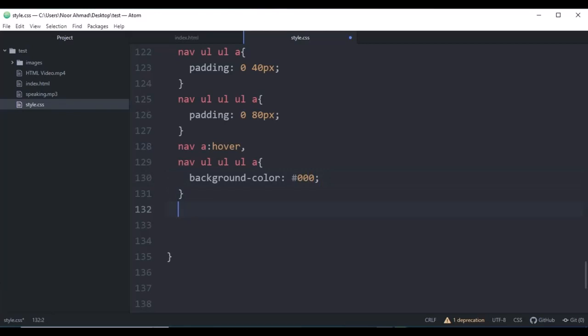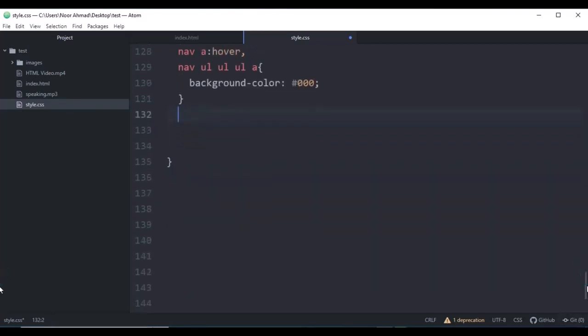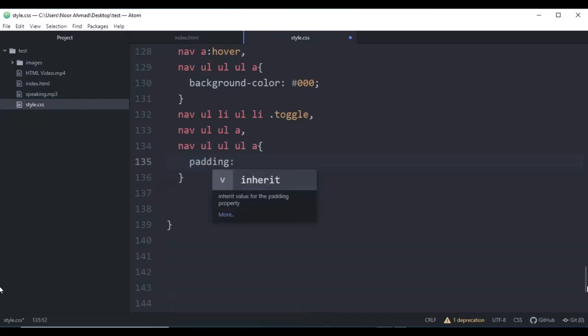And after this, let's scroll down. Let's target nav ul li. After this, let's target the toggle class and let's add a comma and jump over to the next line, navigation bar ul and a. Let's jump over to the next line again, ul and a. Now let's add the padding, 14 pixel